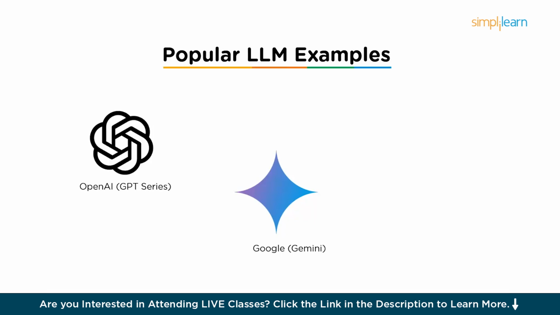And finally, an emerging player, we have DeepSeek with its R1 and V3 models. DeepSeek is gaining recognition, especially for its contribution to the open source LLM space and for models that offer strong performance, often optimized for specific tasks like coding or efficient development. They represent the growing diversity and innovation within the LLM ecosystem, beyond just the largest players. These examples illustrate the rapid advancement and the diverse range of powerful LLMs available, each with its own strengths and applications.